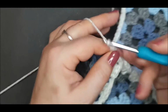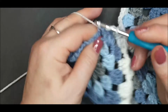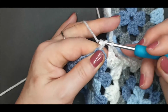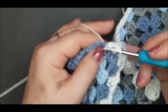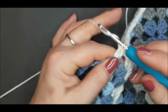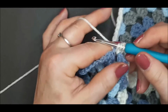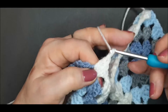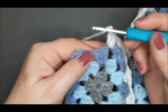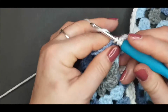chain 1, 3 single crochets, chain 1, 3 single crochets,